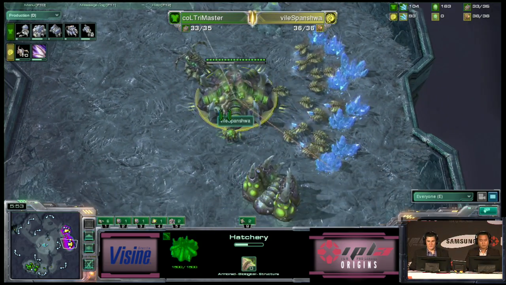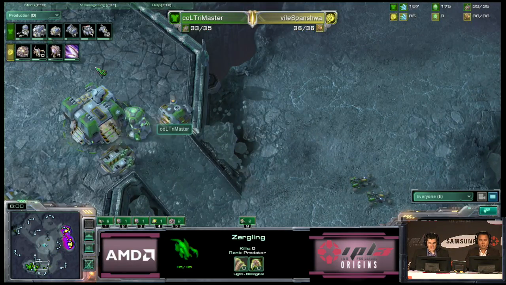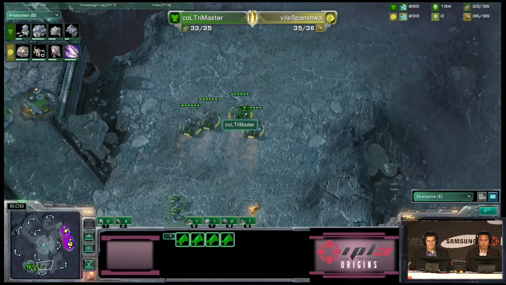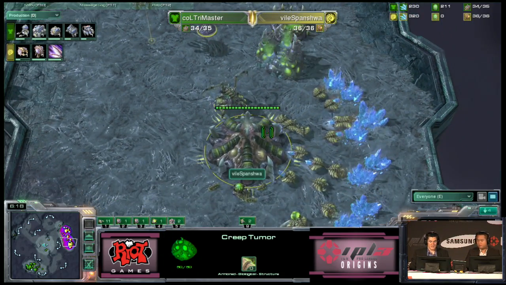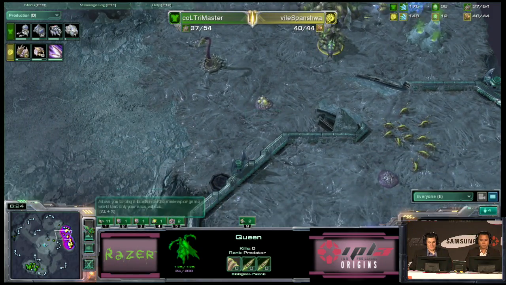We don't see any roaches yet out of Spanishiwa here. He has this single spine crawler. He may actually need a second spine crawler or some additional queens here. Once these Hellions make their way over to his base, he could find himself in a little bit of trouble. They could sneak their way around the back of his natural. They could just run by that spine crawler entirely, but speed is about to finish here, and he does have